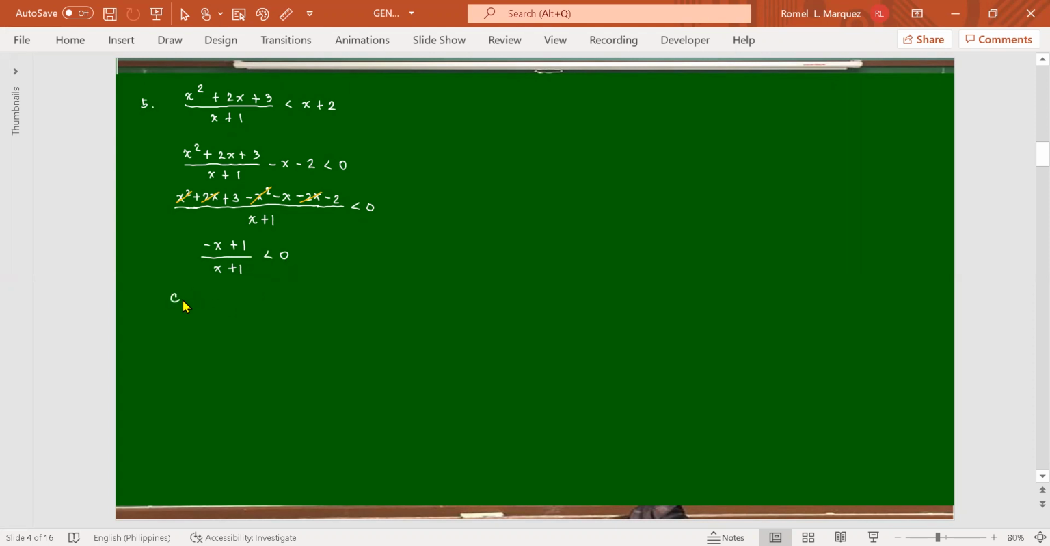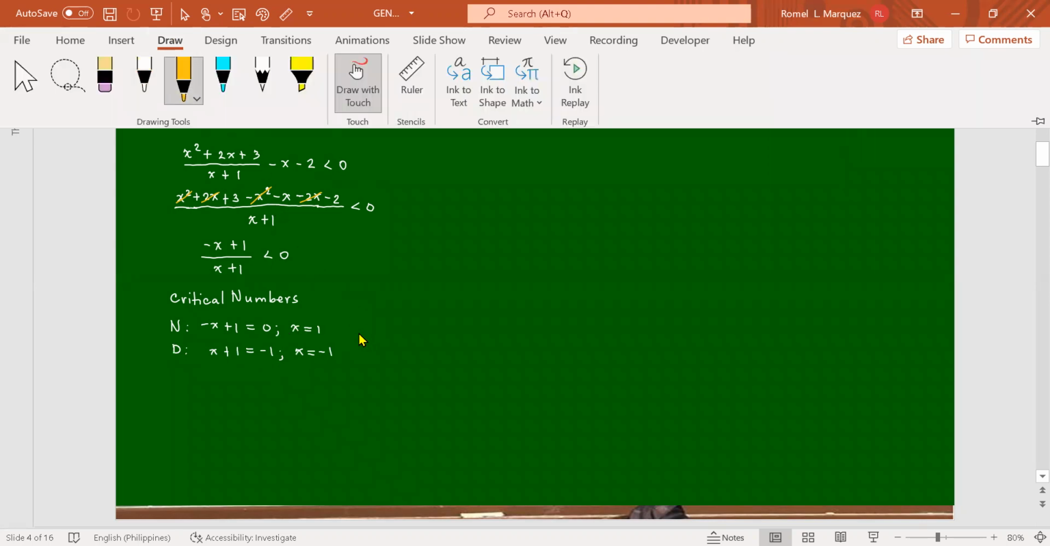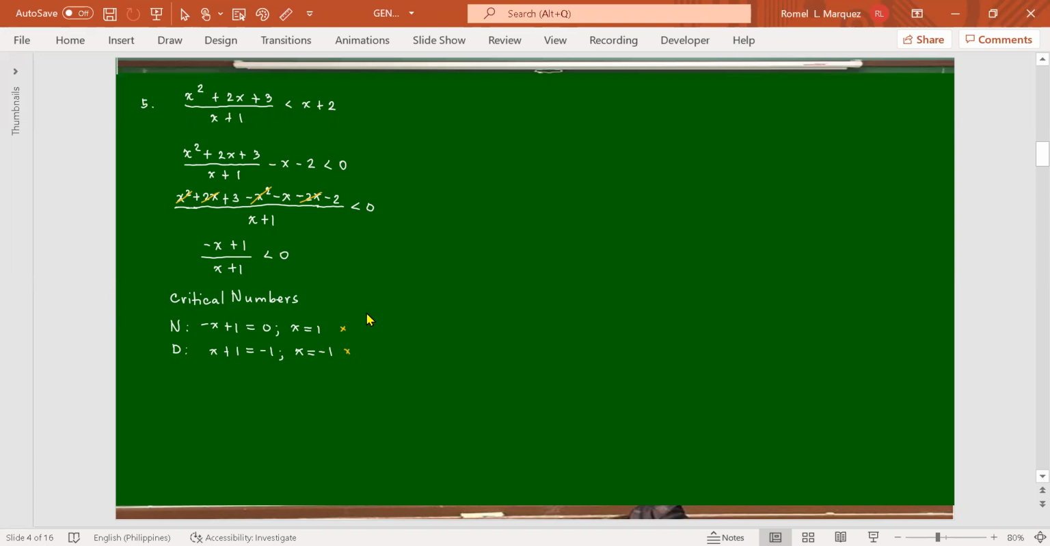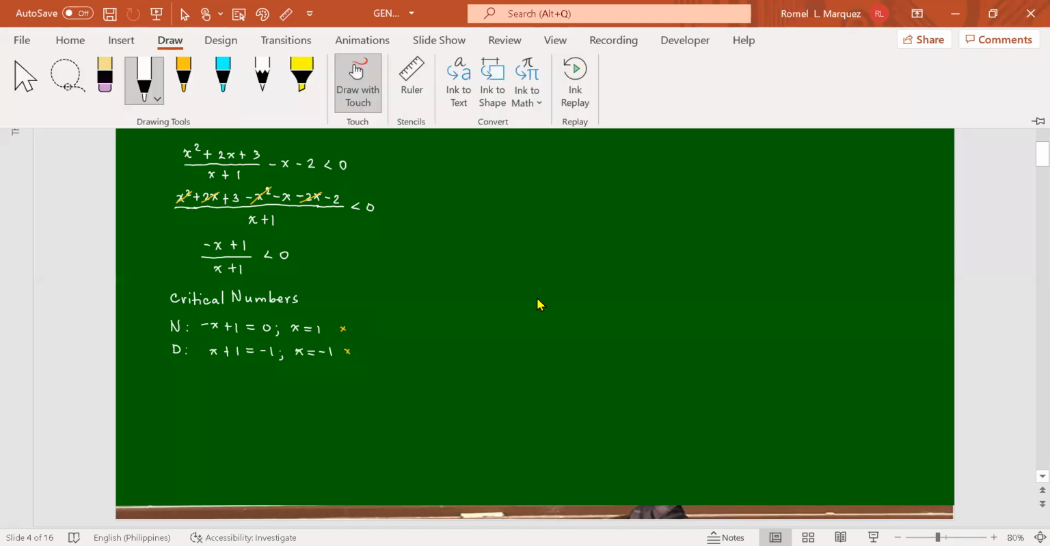What are the critical numbers? Can you do it mentally now, guys? In the numerator, what is the critical number? 1, no? What about in the denominator? Negative 1. Very good. Are they parts of the solutions? No, sir. The numerator, not. The denominator, also not, no? Therefore, we now have,